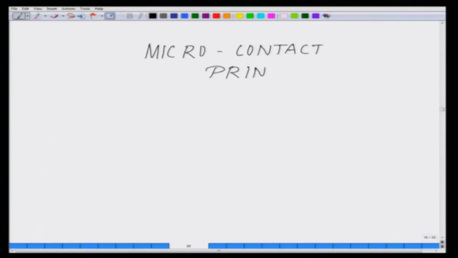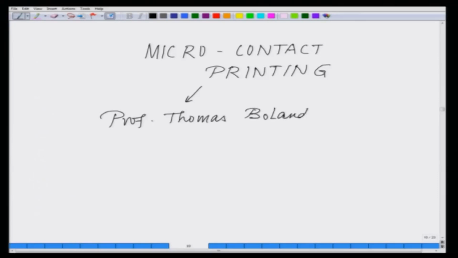You should refer to the work of Professor Thomas Boland. Currently, he is at the University of Texas at El Paso. Professor Tao Zhu. These people have done a very significant amount of work on microcontact printing, and it's worth reading some of their work,